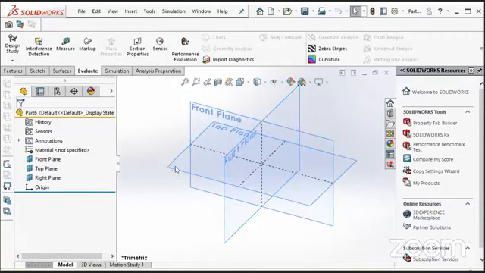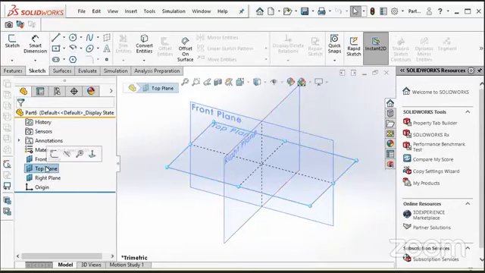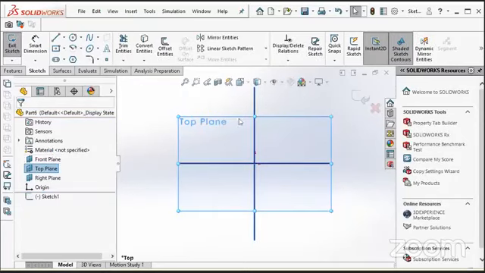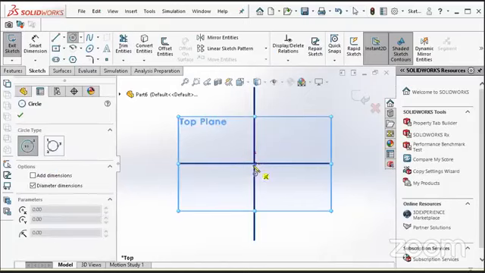I will choose the top plane, go to the sketch, or I will click on the right plane and click sketch. Once the top plane is parallel to my screen, I will use mouse gestures within SolidWorks, which give you easy access to the tools in your hands.